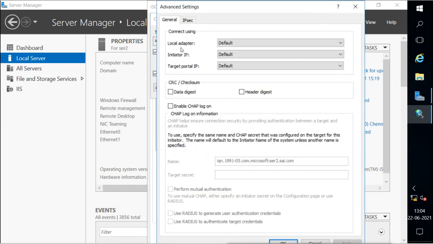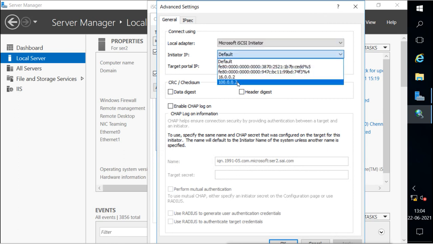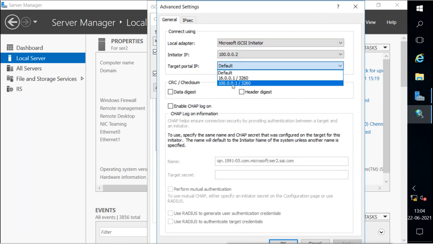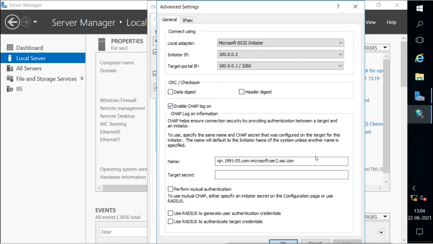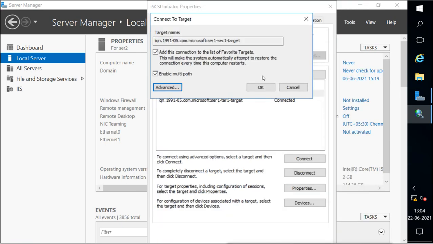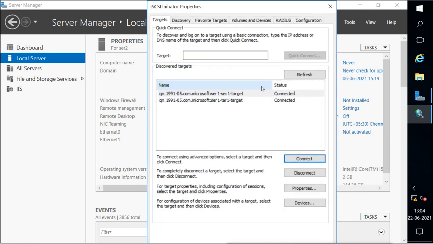This is the secure one, so I have to provide the security also. And then in the same way I will configure the other target also.